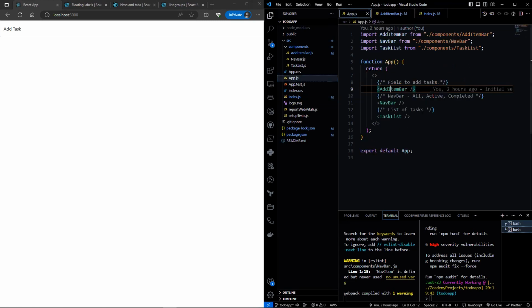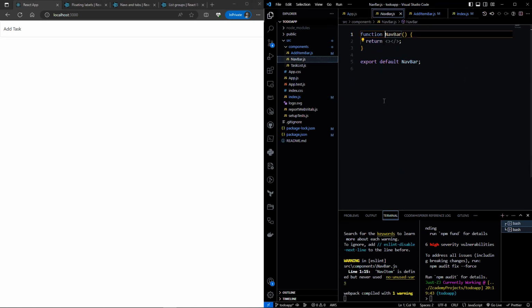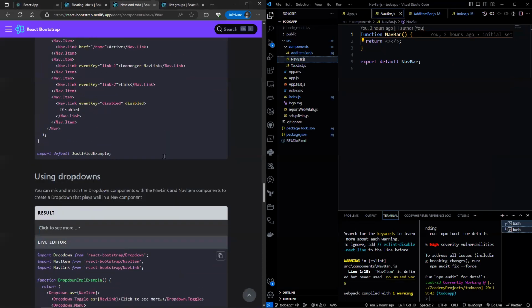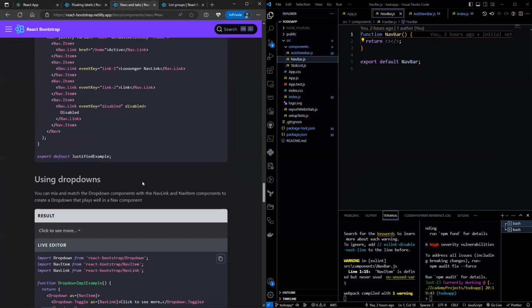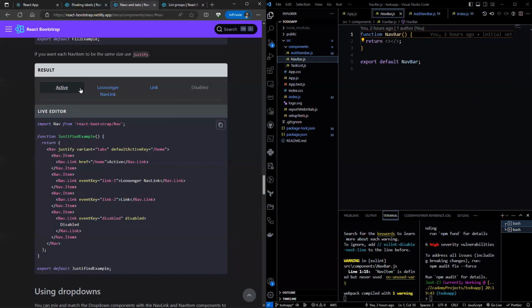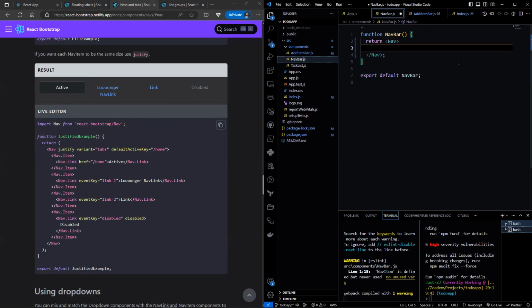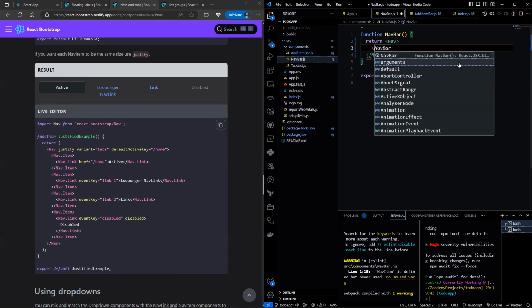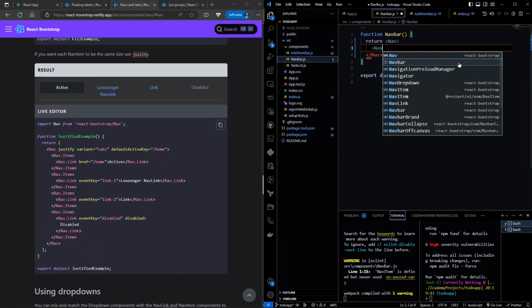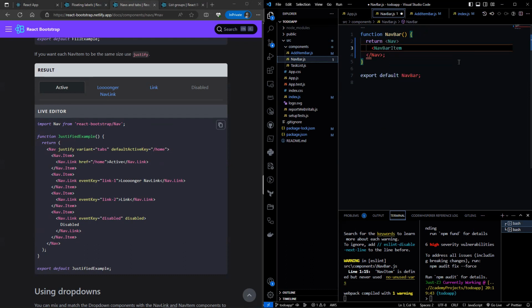Now let's go ahead and add the navbar as well. For the navbar, I'll be going for a look something like this. So let's go ahead and add that. Let's add a Nav, and in each of these, let's have a component called NavBarItem.